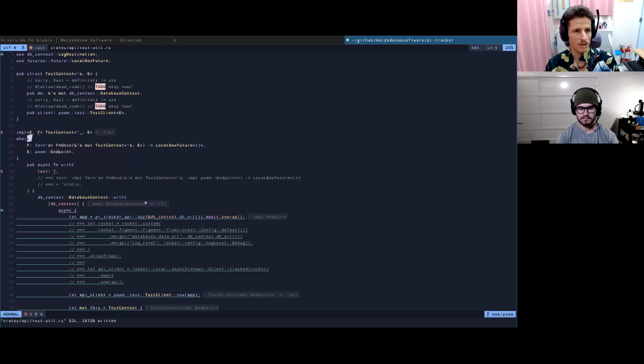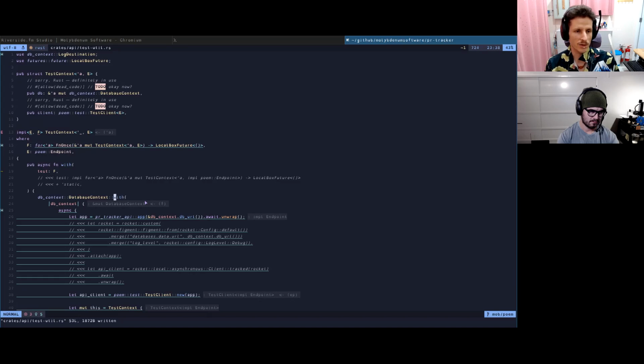And there's a with fob async fn here. Right. That takes a test, which currently is completely broken because T doesn't exist. Yeah. But it's not meant to be T. What is it meant to be? It's meant to be F. This FnOnce. Right. So it's F. And then it